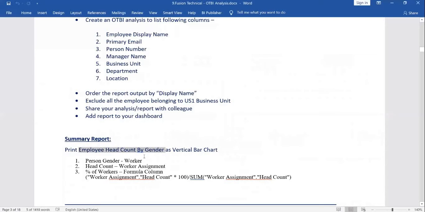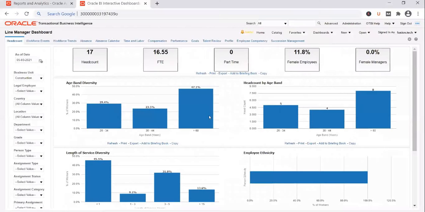And when do you normally build summary reports? Whenever the client wants to include them as part of the dashboard. You normally don't include detailed reports, but summary reports you build and include in the dashboard pages like this. Each one of them is an individual OTBI report created by Oracle. Okay, let's create one such report, and then we will create a new dashboard after that.